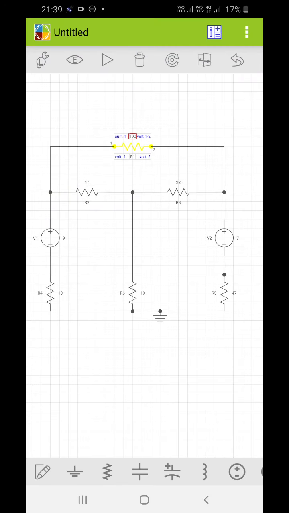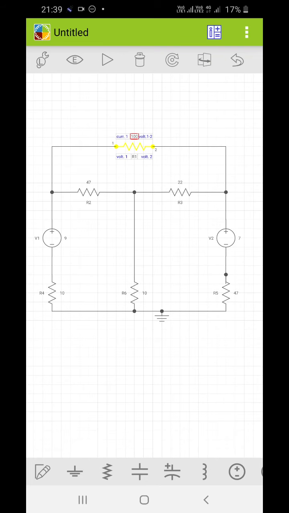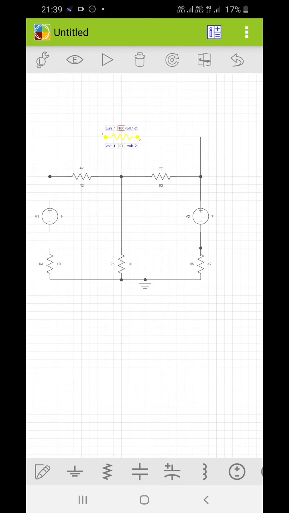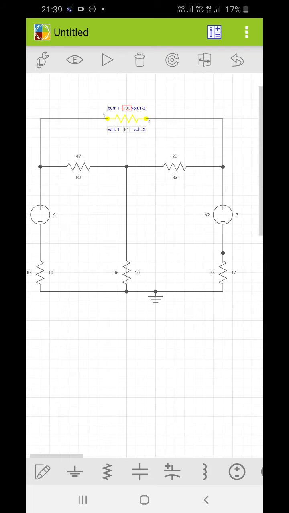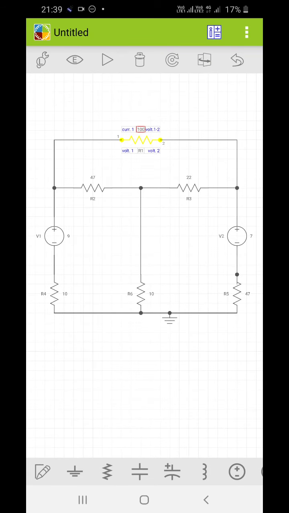Okay, now the last thing. Now what you have to do before simulating this circuit, I need to put a voltmeter and ammeter, because in order to prove the nodal analysis, in nodal analysis what I want to find out is the voltages at the nodes.